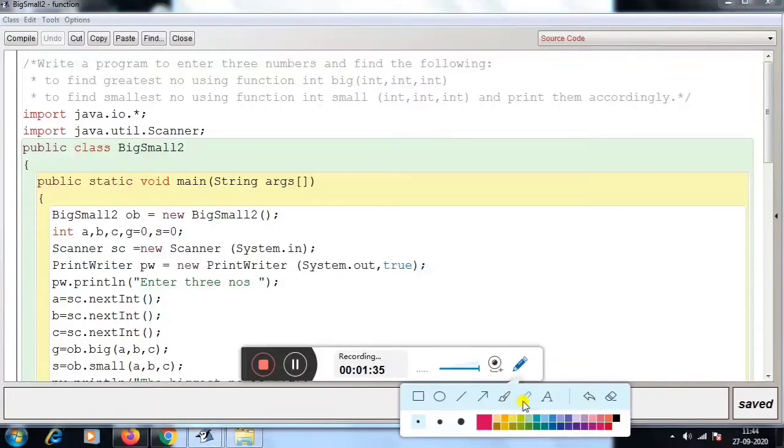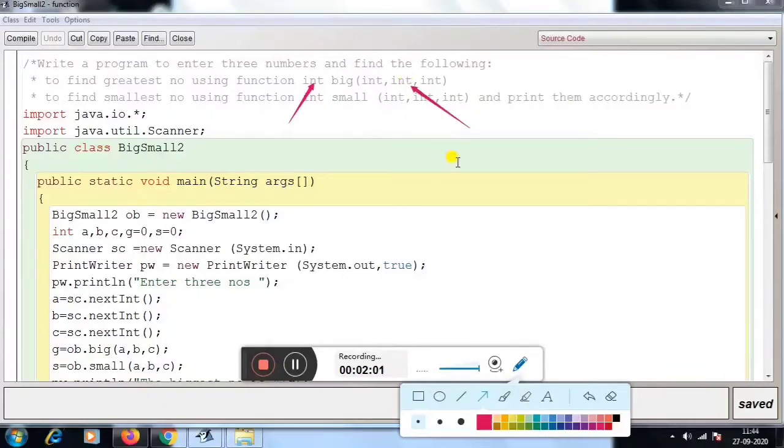See, here we have used int big(int, int, int). It means this function follows the return type with argument rule, because here it gives return type int and arguments are also there.